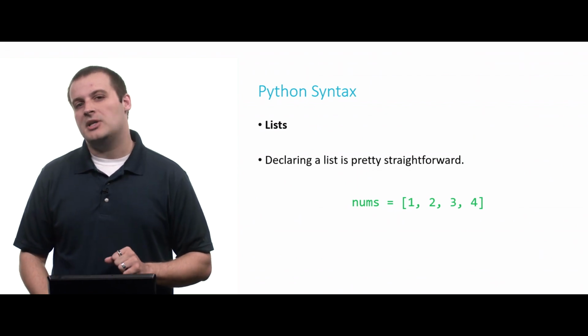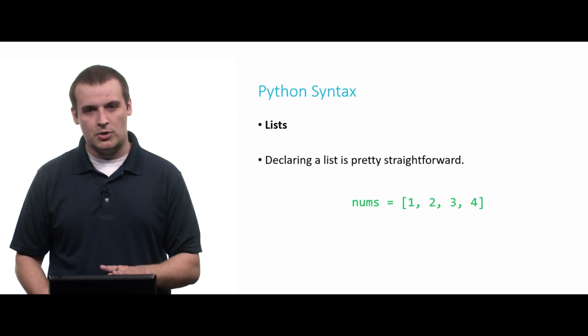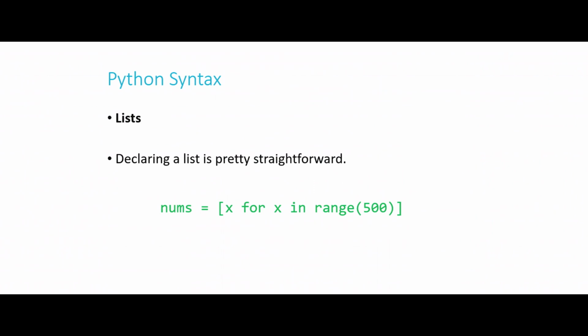Python also has support for something called a list comprehension, which we're not going to get into in a lot of detail here, but I want to show you what it looks like. Nums equals x, and then I have a for loop inside of my declaration of my list. This is called a list comprehension, and basically what this is doing is I'm using the for loop to generate a list of numbers for me. And instead of doing anything with that list, like where I was printing them out before, I'm using that list that the for loop generates to assign it to nums instead.